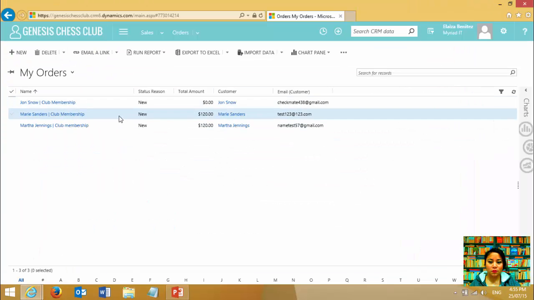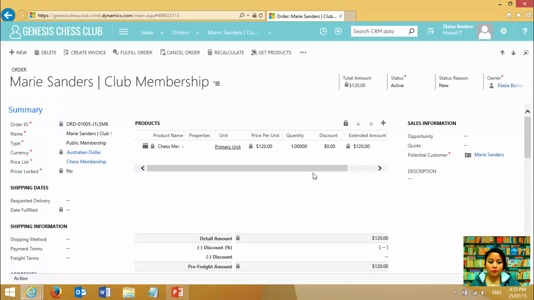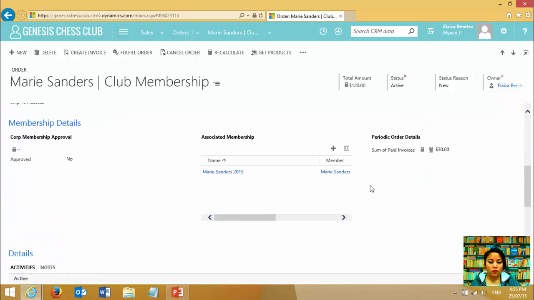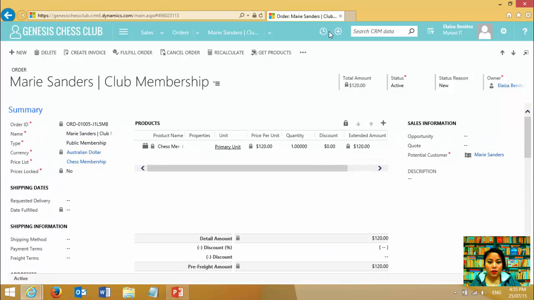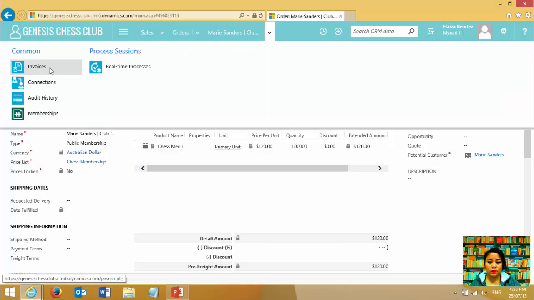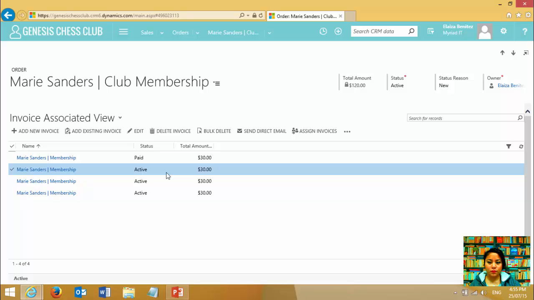Okay, so now what I'll do is I'll jump into an open order, and if I scroll down, there's the sum of paid invoices. So I can see that $30 has been paid so far. So if I now go to the related view and we go to invoices, and let's say I mark this